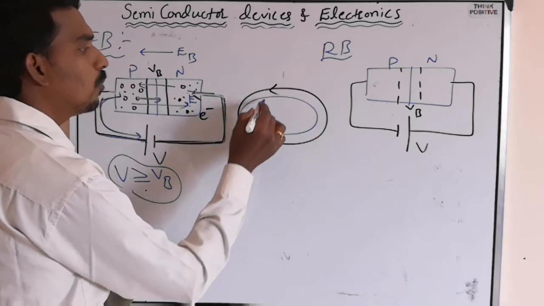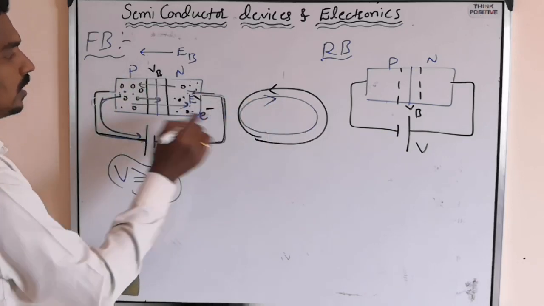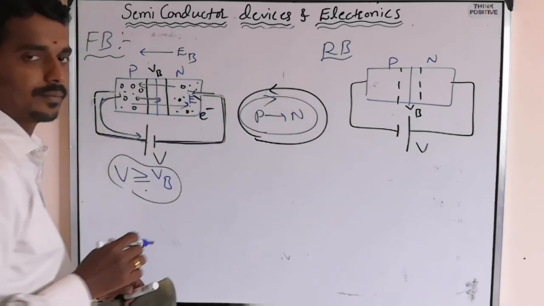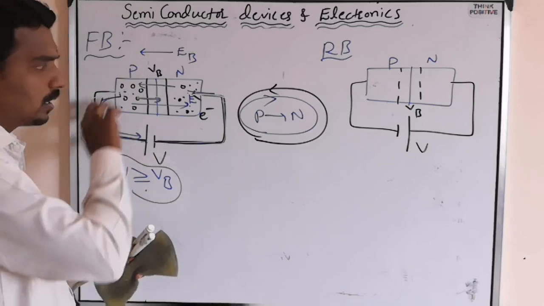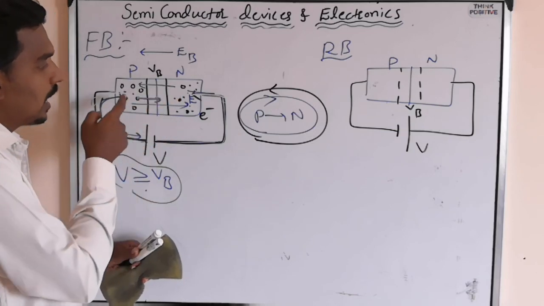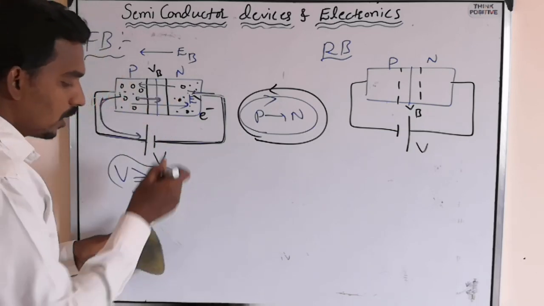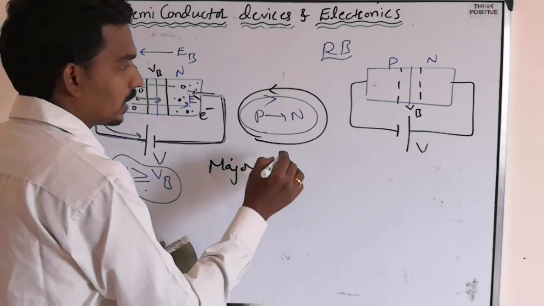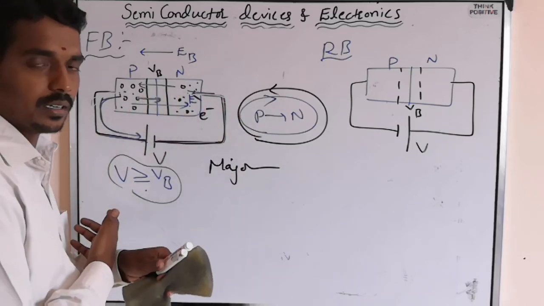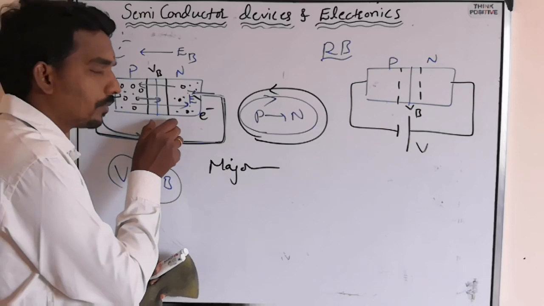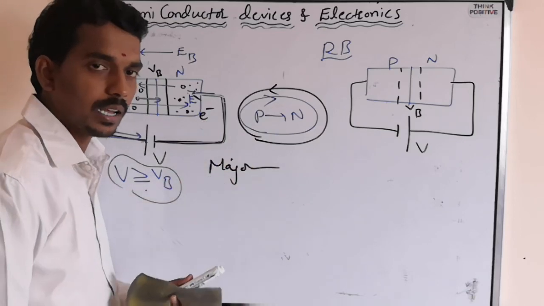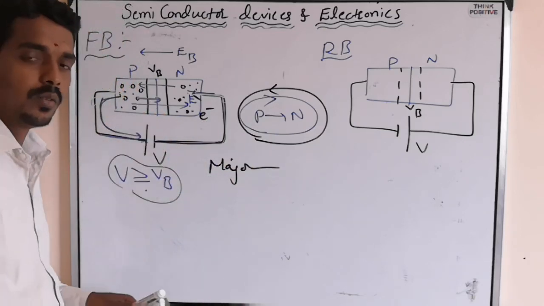Then the current must be in the opposite way, that is from here to here. Here to here means what? P to N. So current will flow from P to N, and that too due to the movement of electrons in N and holes in P, nothing but due to majority charge carriers. And they try to diffuse into each other. They are trying to cross the junction. That's why this is called diffusion current, and this is from P to N, as I said in the beginning of the class. Diffusion current is possible in forward mode.